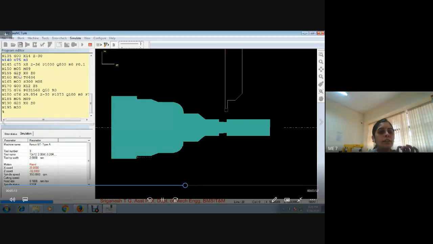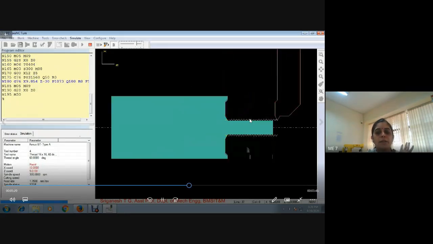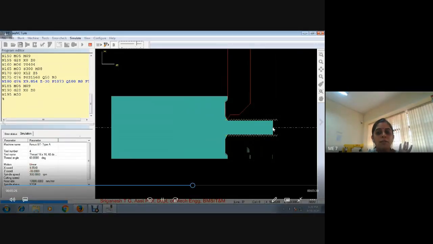It is given here as X0 and Z0 purposefully. So it gets disturbed because you're starting from X0, Z0, not from the tool position. There was a problem and you cannot see the simulation properly, and part of the simulation got scrapped out. So now you have to change to U0 and W0. That is a mistake.